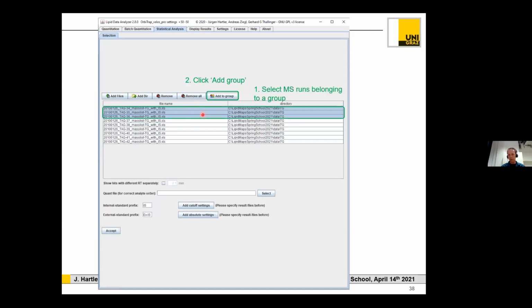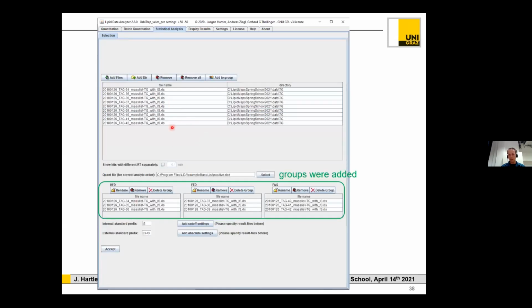Then you click on add group. You give an arbitrary name. And I did this for all of the 3 groups because they are triplicates of different feeding regimes of mice. And then you will have your groups added down at the bottom. For this data set, please unselect this checkbox. You can provide again a mass list for the